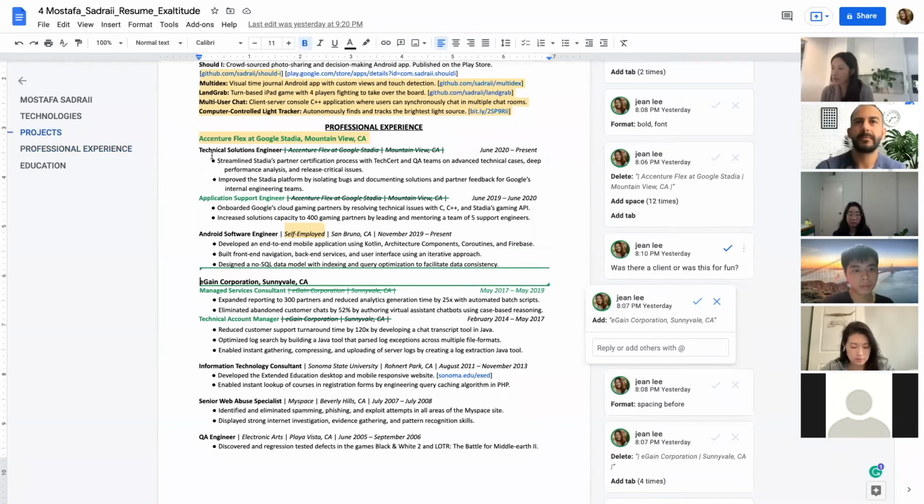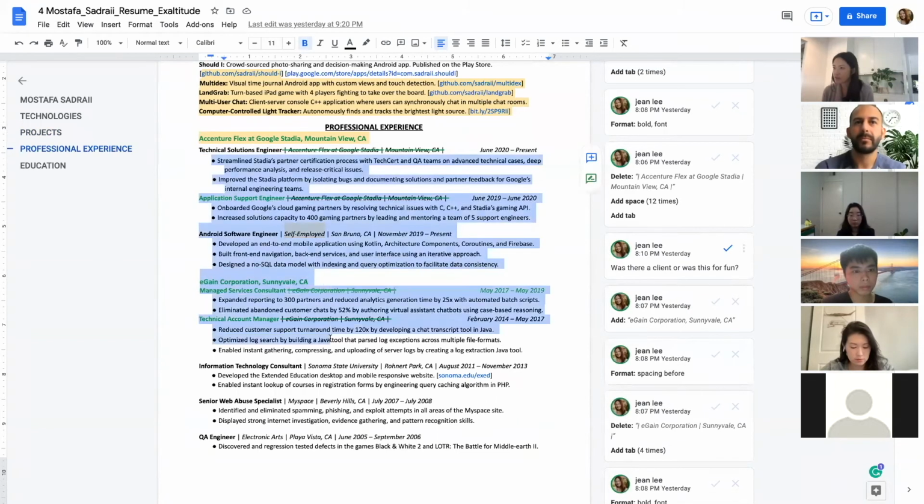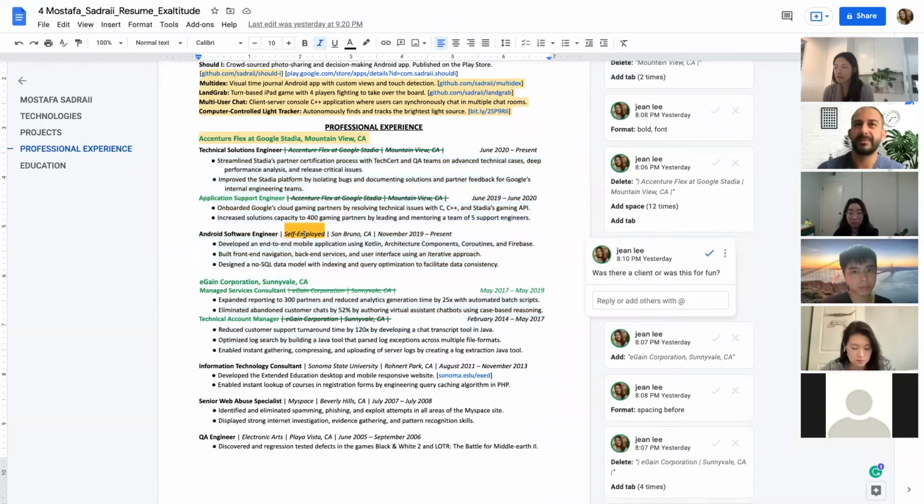Do you have Android experience in your professional experience? The only one is right in the middle of the screen, but it's self-employed, meaning I developed my own app. It wasn't professional. I see. Okay, that was the question that I wrote too. Self-employed. So this is on the App Store though, right? Yes, it is. Did you have a name for this? Yes. It's under the projects at the very top.